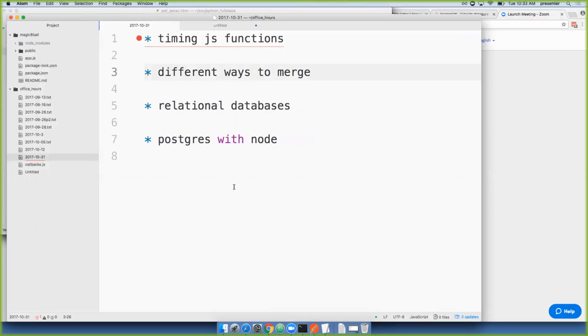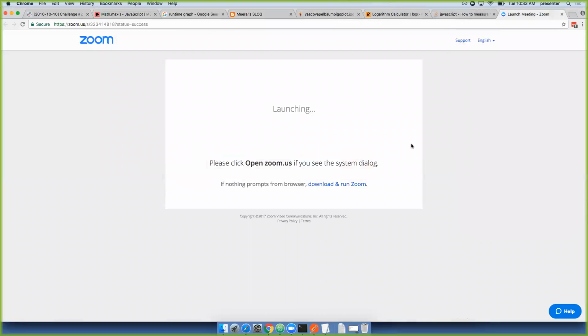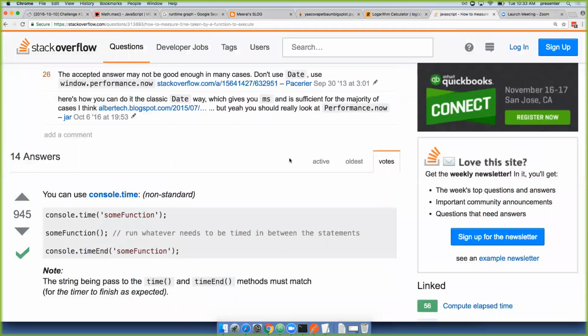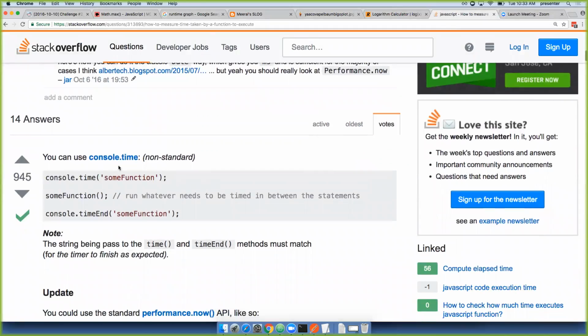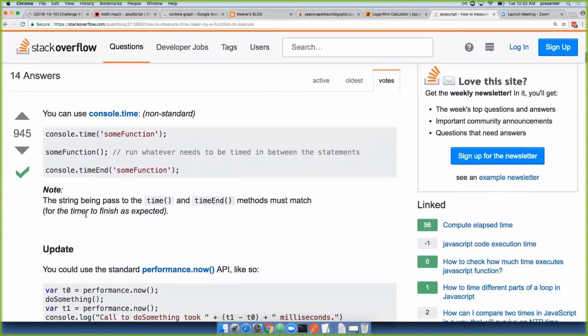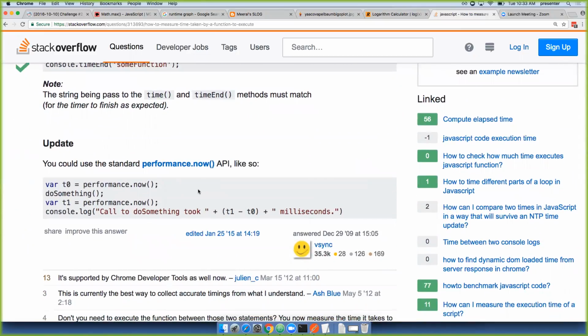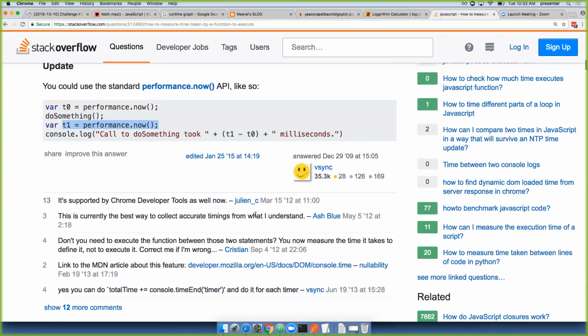Okay, so timing JS functions. Let's go back here. So what it's saying is you do console.time, and then you say some function, then you run the function, then you say console.timeEnd. Oh, performance.now. So T0 is performance.now, do something, T1 is performance.now, and then you can call it. Oh, okay, well, whatever. It seems kind of lame, but